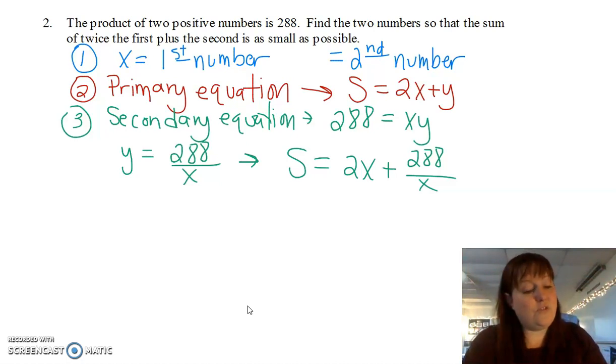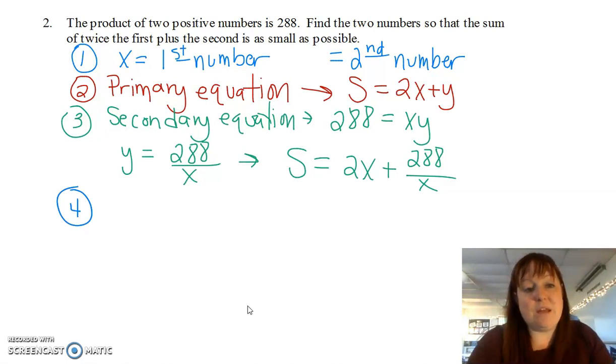So our fourth step is to write the domain. So what's the domain of our function? Well, we have an x in the denominator, which means we definitely can't divide by 0. So we know x can't be equal to 0. We know that. And then we look back to our question to ask what the domain is, what our constraints are,